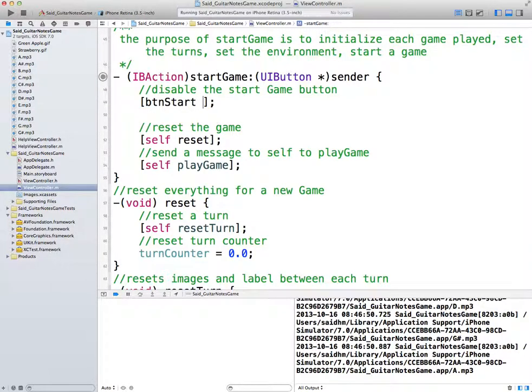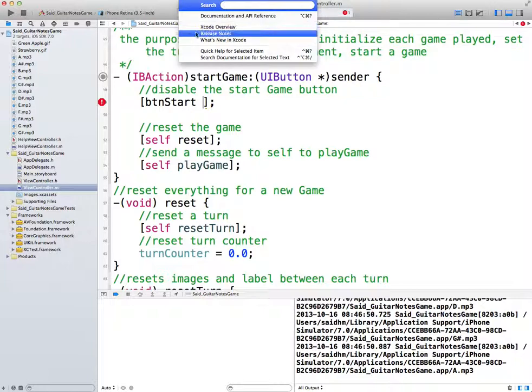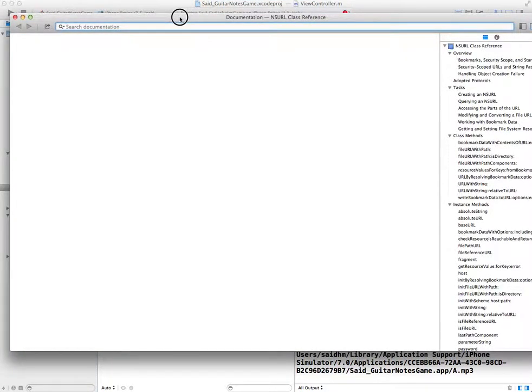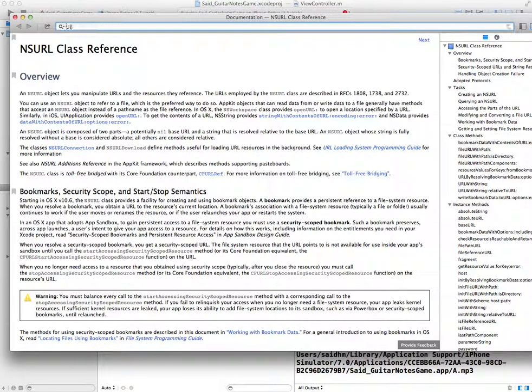And in the implementation of the different buttons, I showed you how you can retrieve a reference to the title label and send the message to the label to set the text. But if you examine the documentation and look for the UIButton,